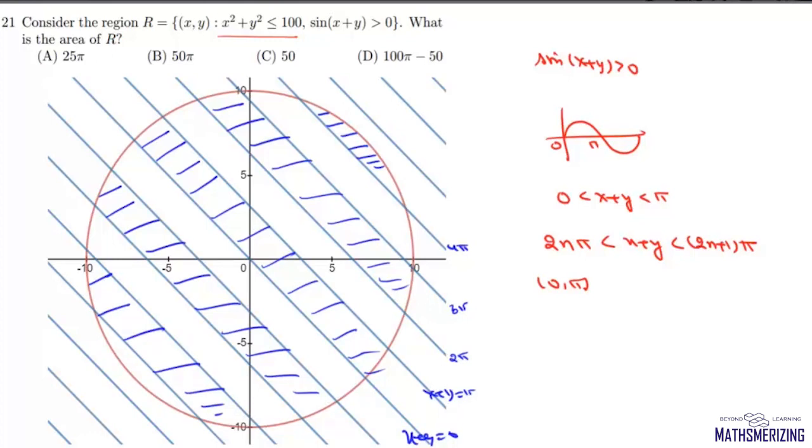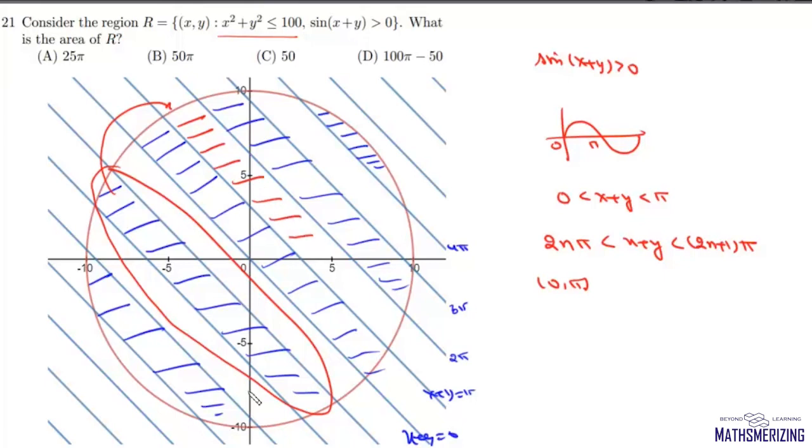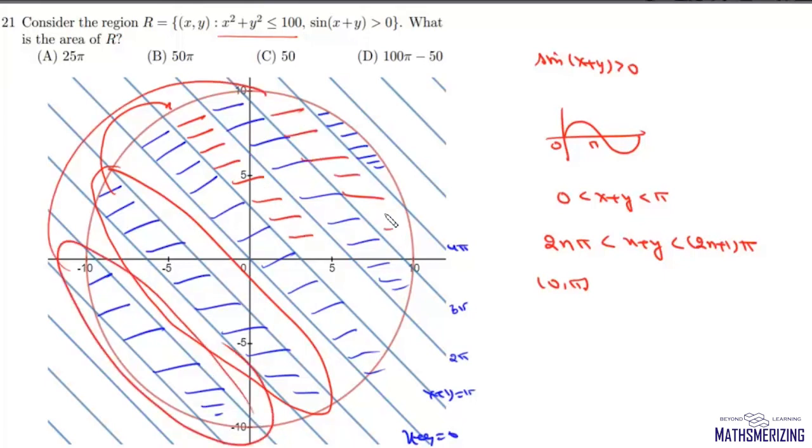Now it looks very complicated, but if we look at it, this region exactly fits into this region, and this other region fits into this other region. So the area which we are looking for is actually the area of this half circle. So area of this shaded region will be simply 1 by 2 into pi r square, which is pi into 10 square, and it is nothing but 50 pi, and that's your option B.